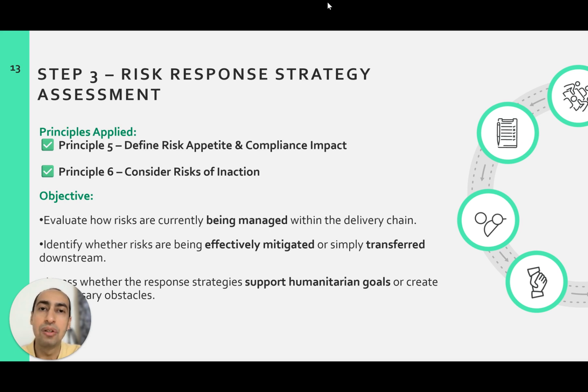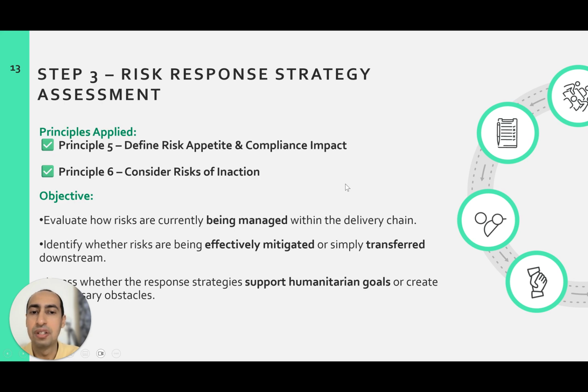Also, we'll categorize those risk responses into two other categories, which are preventive measures or reactive measures. It's very important to do that because we would like to have a balance between the preventive measures that will help us avoid the risks, and reactive measures that will help us mitigate the consequences if the risks materialize. To the next step, which is